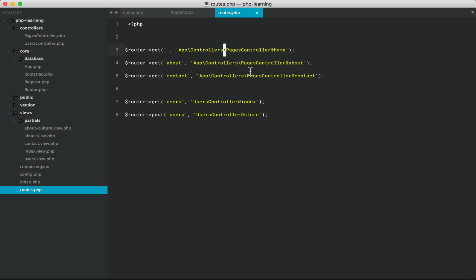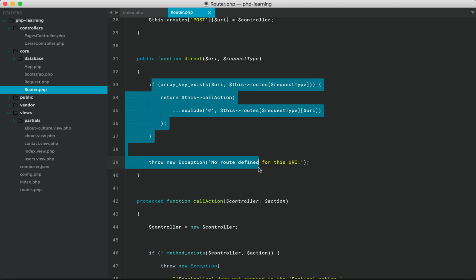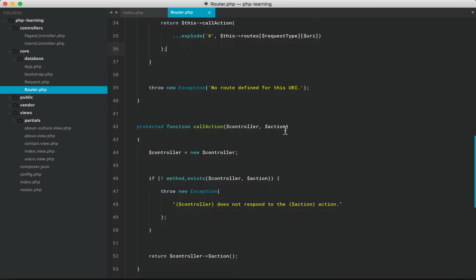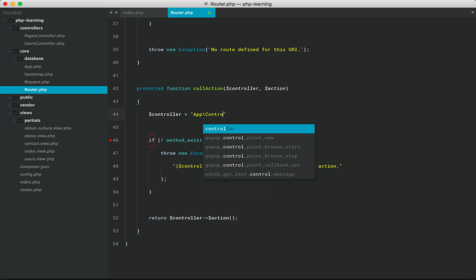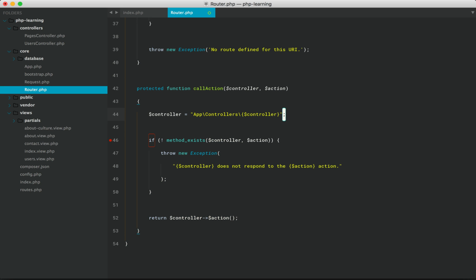And that's totally fine. What you may find, and this is going to be true for Laravel when I show you that, is it's kind of a shame because basically all of your controllers will be stored there. And that's a lot to type out when you're building an app. So to streamline things as much as possible, you could always make that implied. And we're going to hard code that in here, but it could also be like a configuration item you could set. So if we come back to call action, we could do something like this, where we say app controllers and then the controller. But actually in this particular case, we would need to escape it.